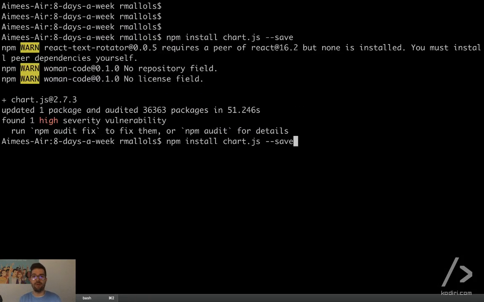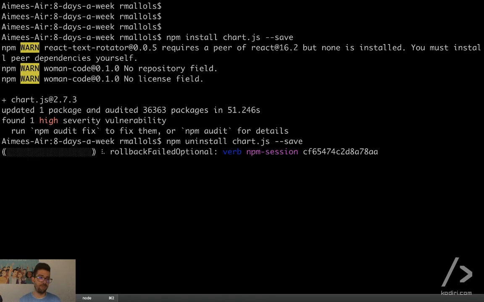Correct. You remember we type npm install chart.js --save. Now we can type npm uninstall and everything the same, right? So if we type that, it will revert the process. It will essentially do two things. First of all, it will remove that line in package.json, and effectively, it will remove all the files and folders